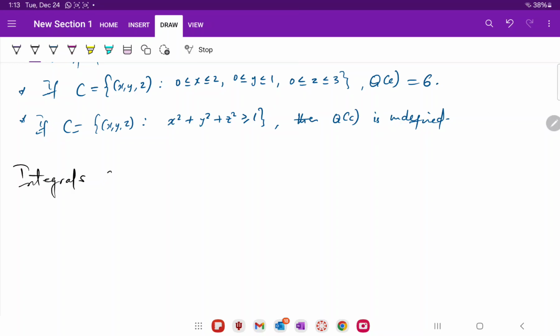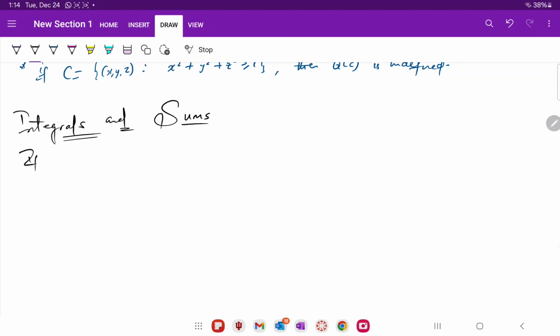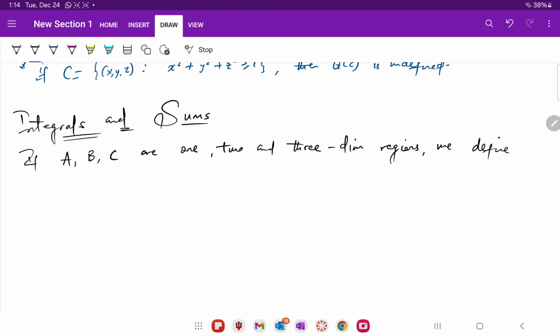Integrals and sums. Alright, if A, B, C are 1, 2, and 3 dimensional regions, so we can define our integrals